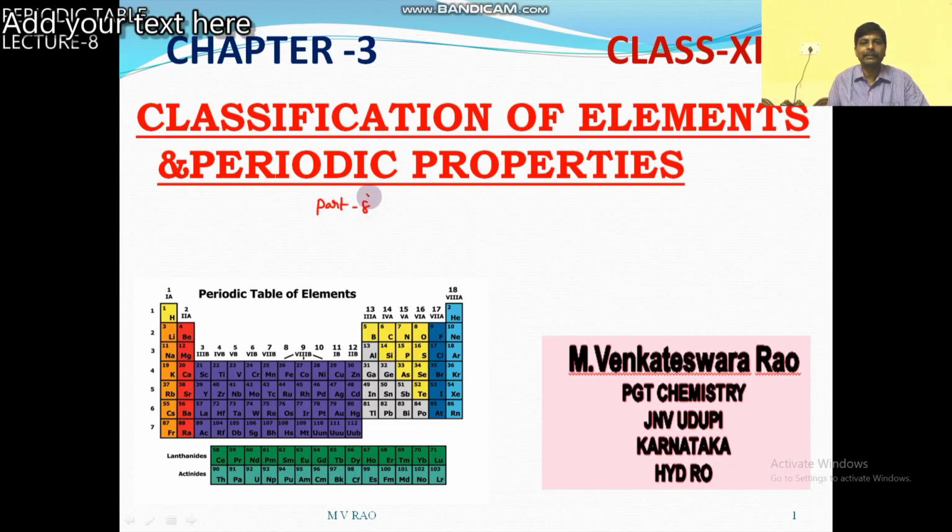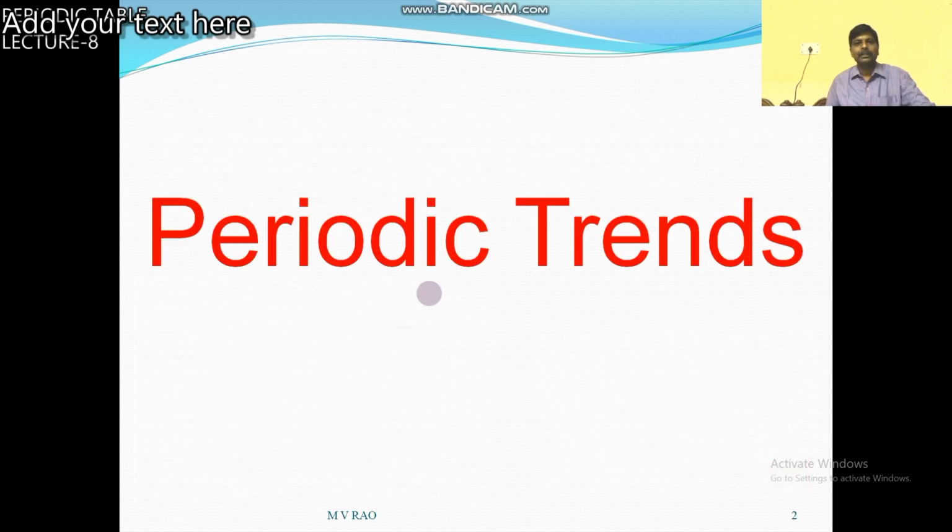Of this periodic table chapter, it is the last part only. So, periodic trends of some other properties: main properties are already completed, and for some remaining properties you will see valency. What is valency? What is the definition of valency?